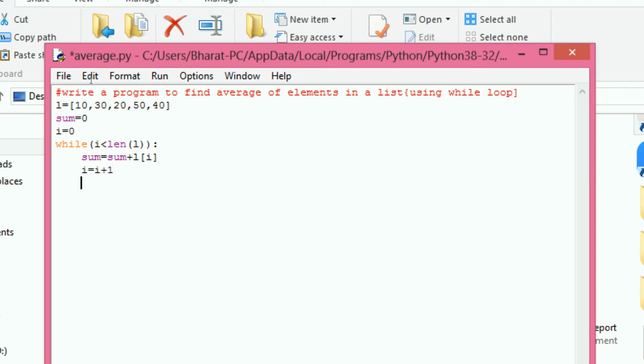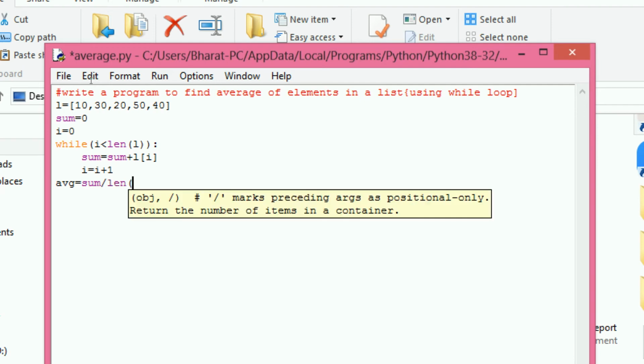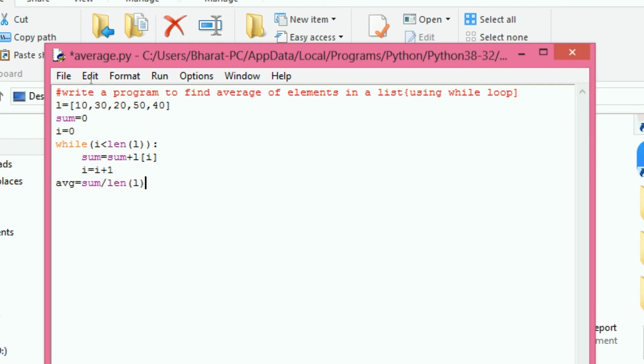Now what is the average? How can we find the average? The average is nothing but sum by length of L, that means sum by n. And I am going to print sum equals.